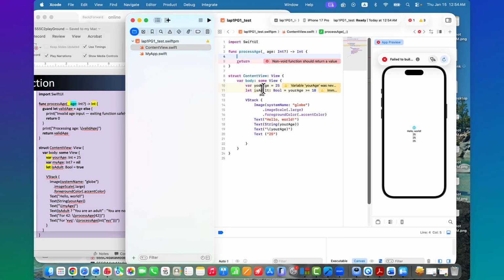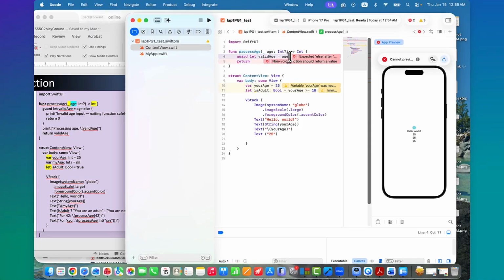Locally, I would say let validAge that is assigned the value passed from the caller, we call that age, that is assigned to my local variable validAge. But in order to do, for example, exception handling, I want to do a guard.